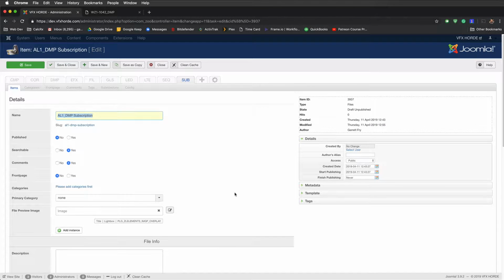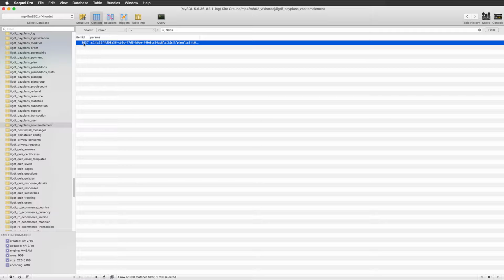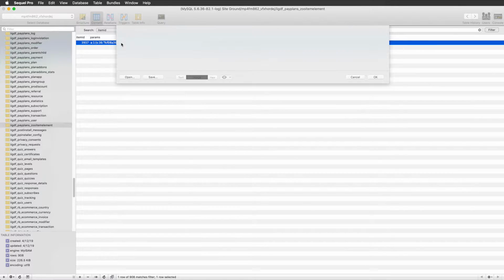There's not a parent system or child system in Zoo. I'm just kind of creating one. I'm just saying that whatever subscription status this guy has is going to be propagated to others. So now that I have this one found, this item ID, what I'm going to do is copy this,